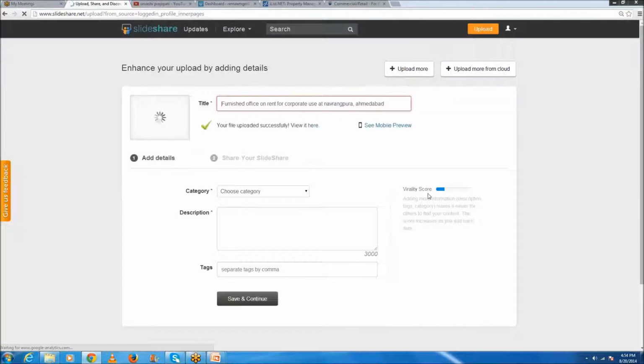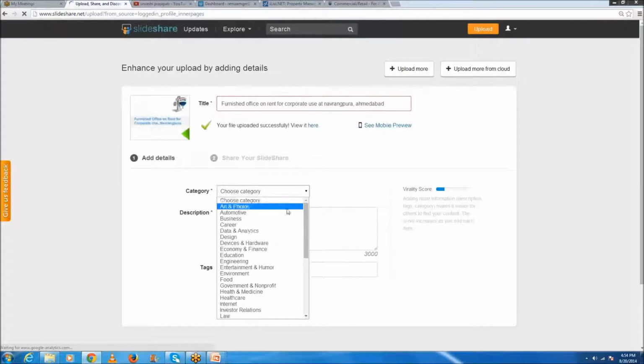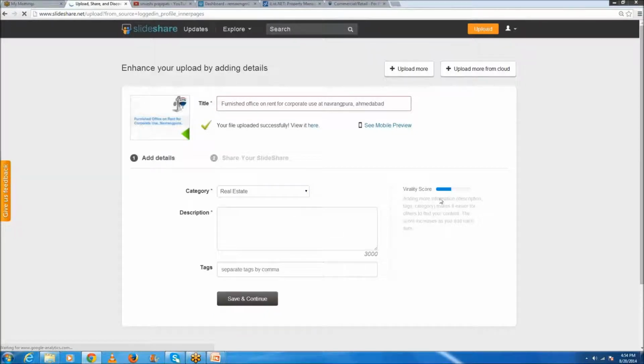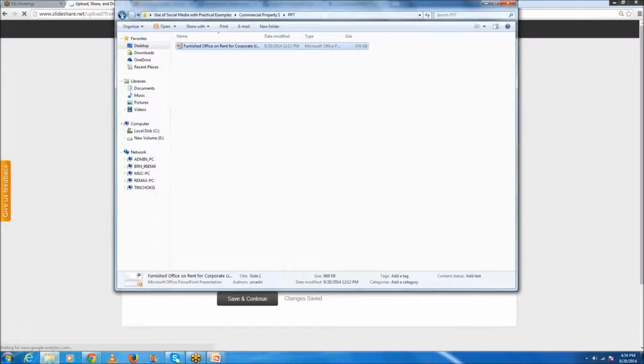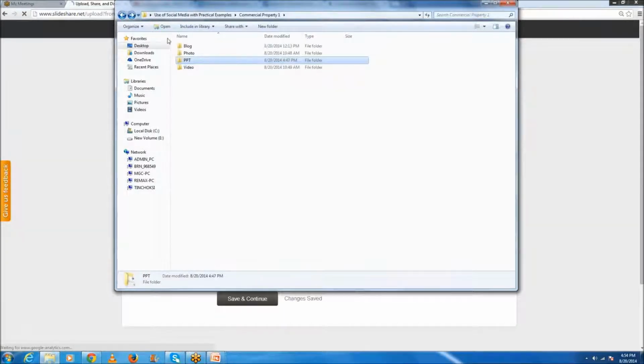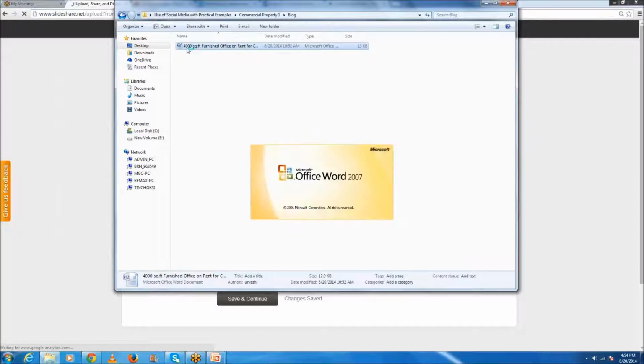As and when you will be selecting all these things, suppose you have selected real estate, and when you click, the virality score has increased. Now you have to enter all the description. So what would we advise?